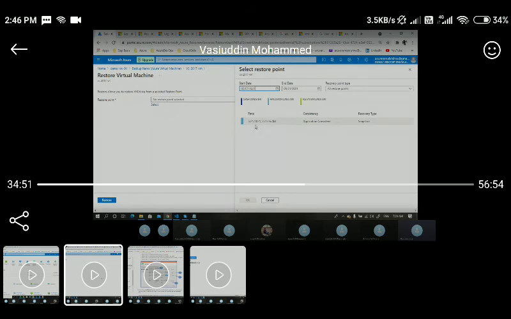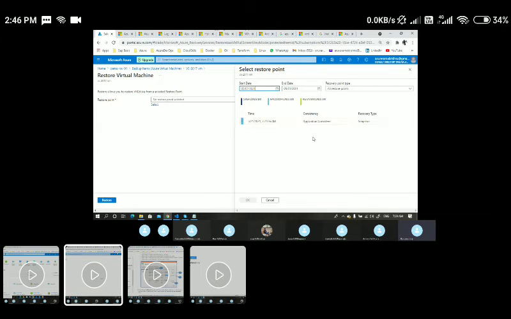Yeah, thanks for that. So if the VM is corrupted, and if I have a completely different snapshot, I can choose whatever the latest snapshot is that I want for restoring my VM. Let's say at this moment I have only one snapshot. Here you could see the recovery point types also, like all restore points, crash consistency, application consistency. If you go to the crash consistency, you will not be able to see anything here because we have only an application consistency backup snapshot.